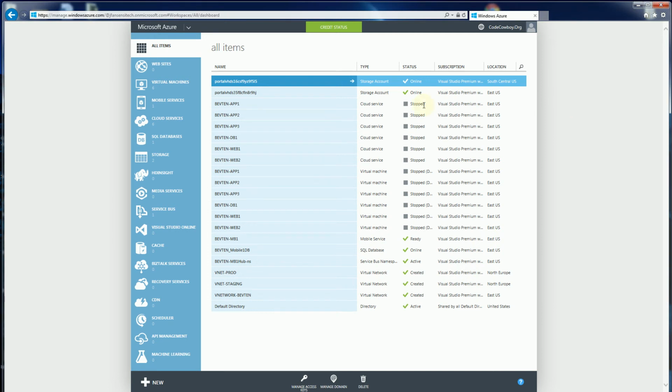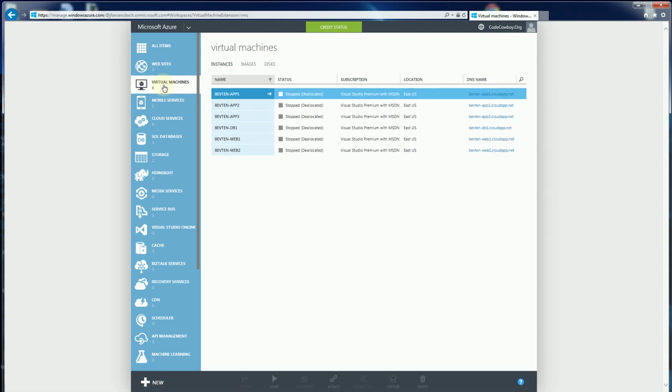So in this video I'm going to go over how to create a virtual machine in Microsoft Azure. In the left hand menu I'm going to select virtual machines, and at the bottom here I'm going to click new. You'll notice I already have 6 virtual machines. I'm going to create a 7th, so I'm going to click new here,